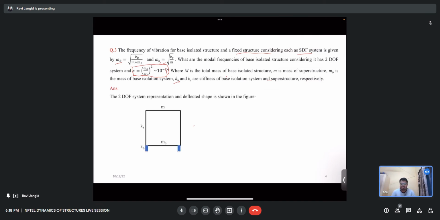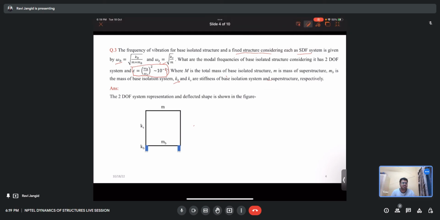So this is my isolated structure. This is the mass of the superstructure. This is the mass of the base mat. This is the stiffness of the superstructure. This is the stiffness K_b of the isolator. So if the structure deflects,